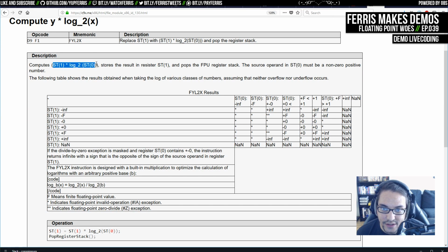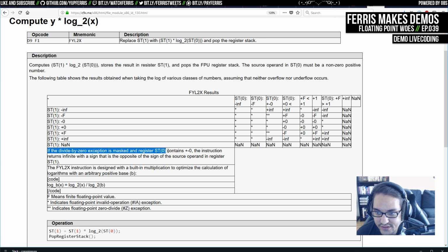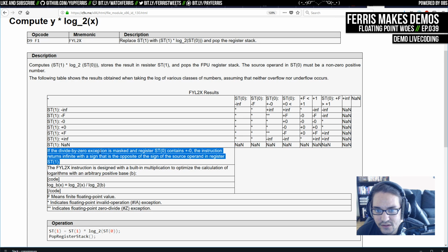Replaces ST0 and ST1 with that value in ST0. So we have a couple things here. Divide by 0 exception: if the master register ST0 contains plus or minus 0, the instruction returns infinity with a sign that is opposite the sign of the source operand register ST1. I don't think that's terribly relevant actually, because we already handled that case. But